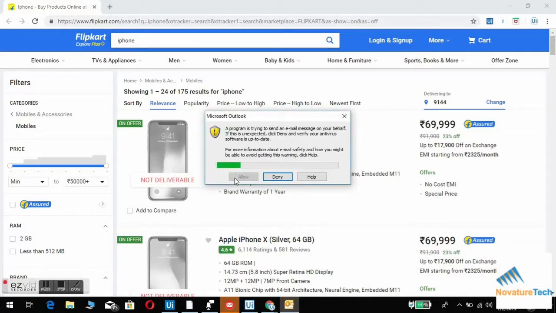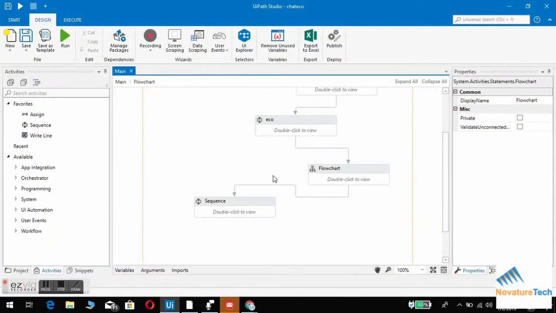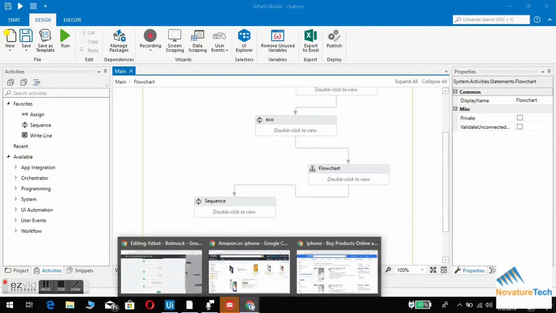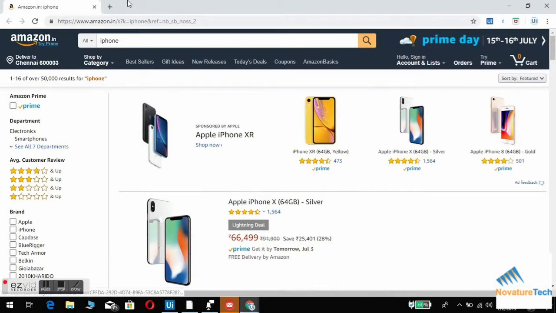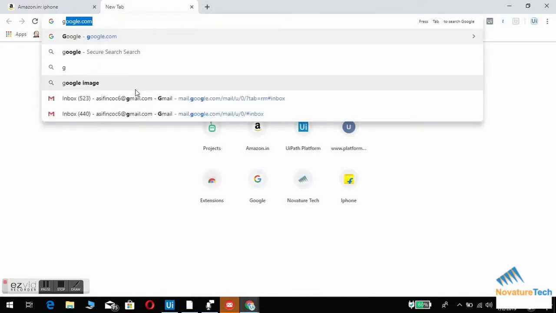So we can also hard code this, and then we can go through the email. We have given a message box just to check whether it is being carried out or not. So now we're going to launch our email to check what information we've got. So I'm just launching the email. So let me just move on to my email address,